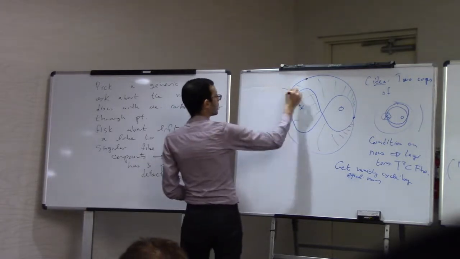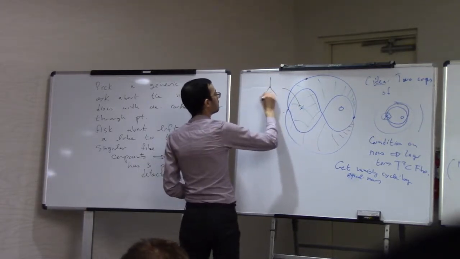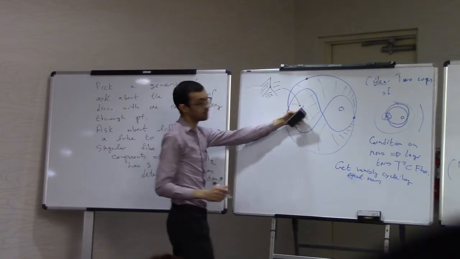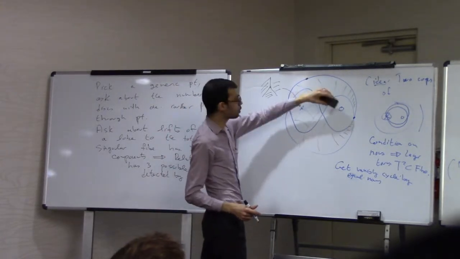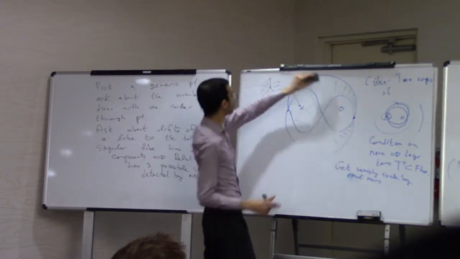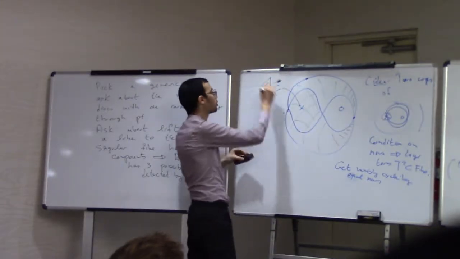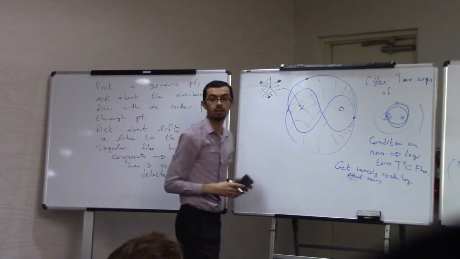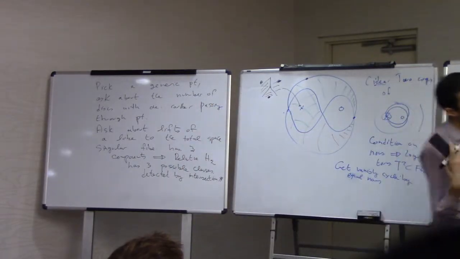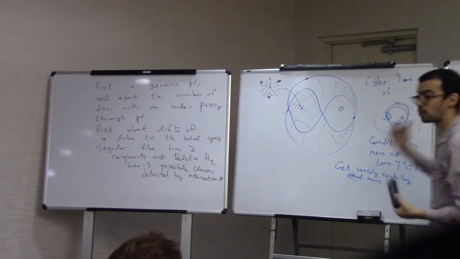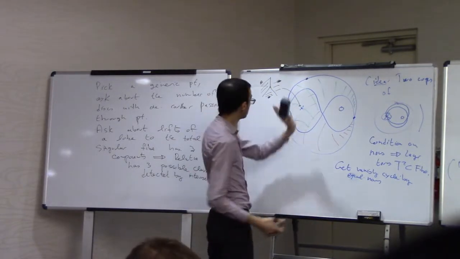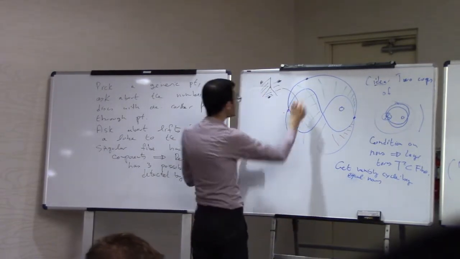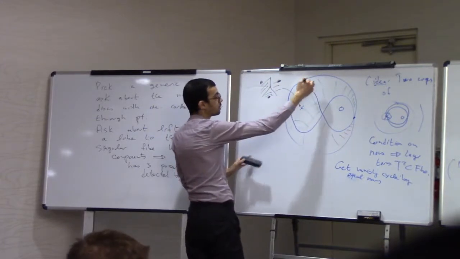I'm going to keep this picture. Okay, so the picture again is here. That's basically what the fiber over this looks like. And now you can take this green disk. You can pick a section over it that goes through here, or through here, or through here. Okay. And if you do the relative H2 computation, then you can get there's a boundary homomorphism to a relative H1, and you see that that map does the right thing,